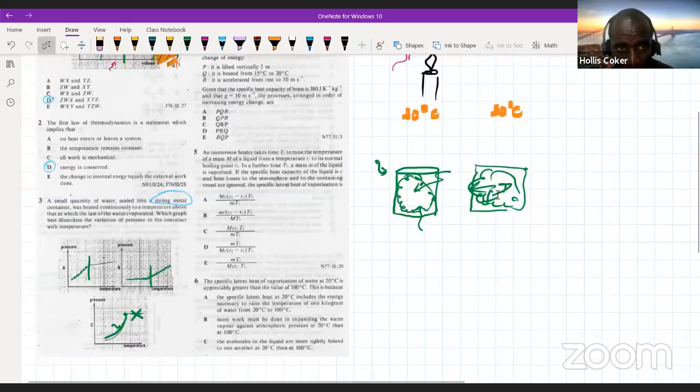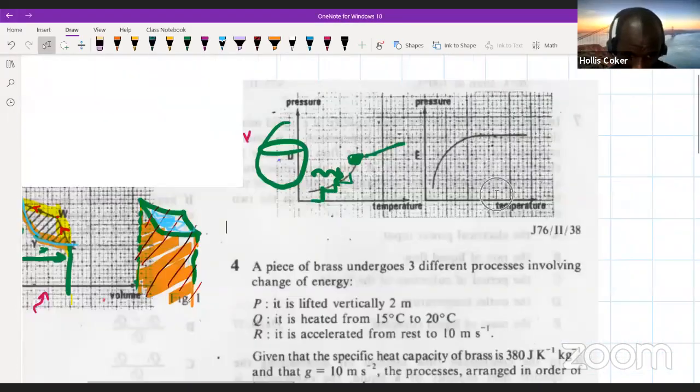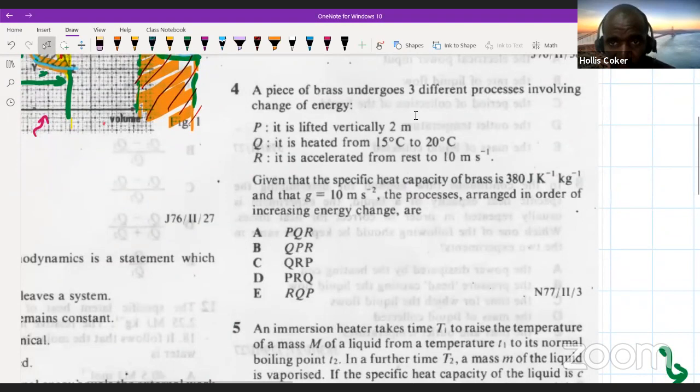All right, number 4. Back to number 4 and see what we have for number 4. A heated piece of brass undergoes 3 processes involving change of energy. 1, P is lifted vertically through 2 meters. Q, it is heated from 15 degrees Celsius to 20 degrees Celsius. And R is accelerated from rest to 10 meters per second. And they give us the specific heat capacity of brass and g, and the processes arranged in order of increasing